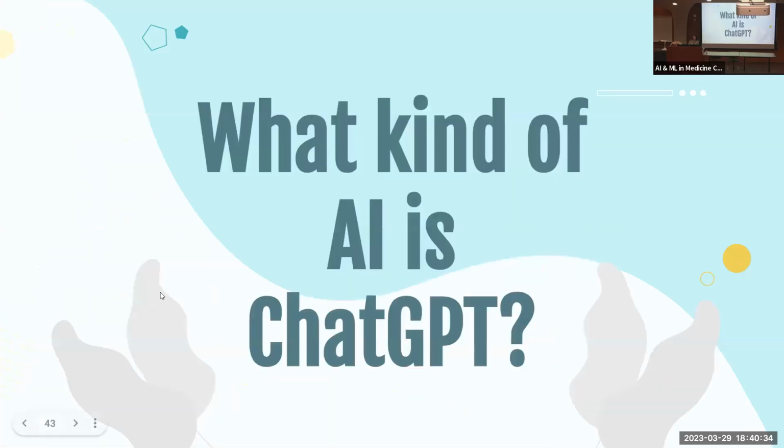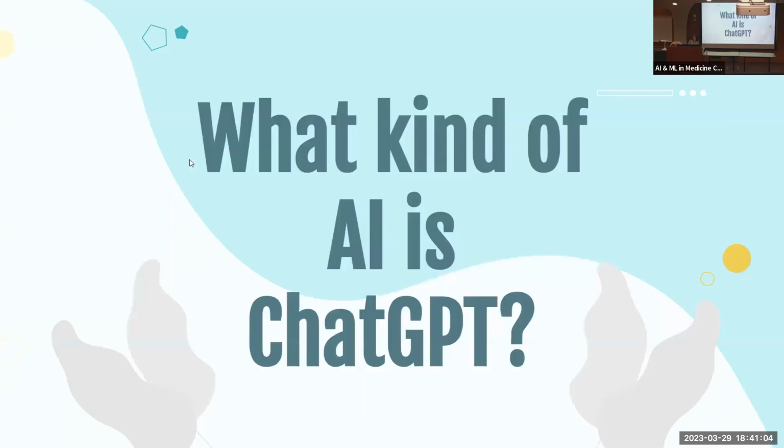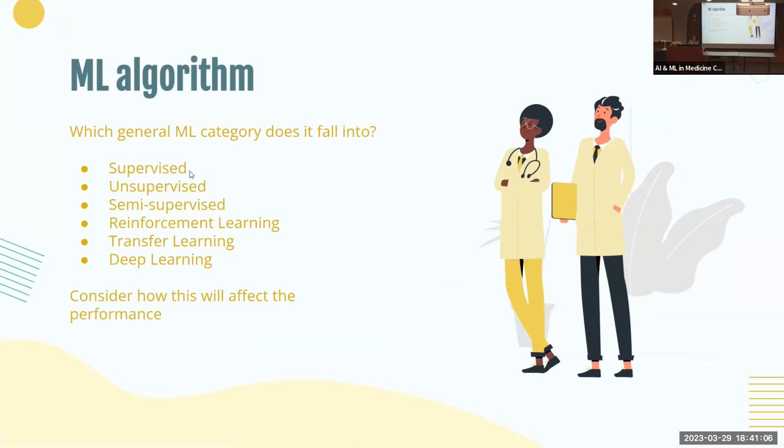So what kind of AI is ChatGPT? What kind of AI is it? Is that deep learning? I think that's a type of deep learning. Awesome, great. I wasn't smart enough to figure it out, so I just asked ChatGPT. So it's deep learning. So let's say we have these categories. Can you have a supervised machine learning model that is also a deep learning model? Does that exist?